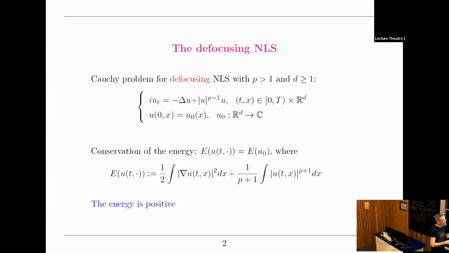Let me start exactly with the same equation as Igor yesterday. I have a defocusing NLS, and my notation is that p is the power of the nonlinearity, d is the dimension, and the plus sign, of course, is the important thing here. I am in the defocusing case, so in other words, if I look at the conserved energy,